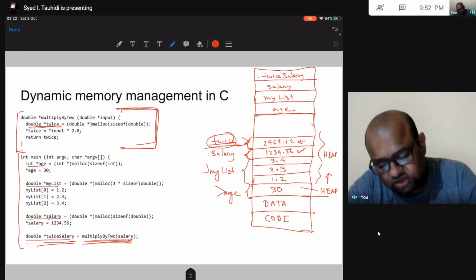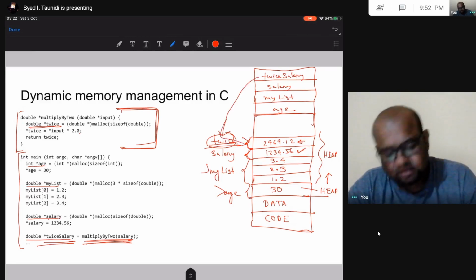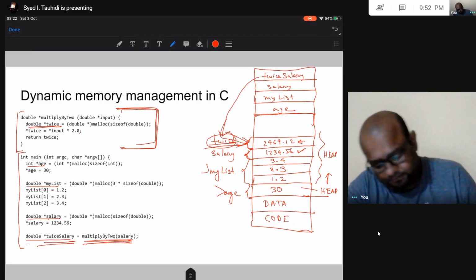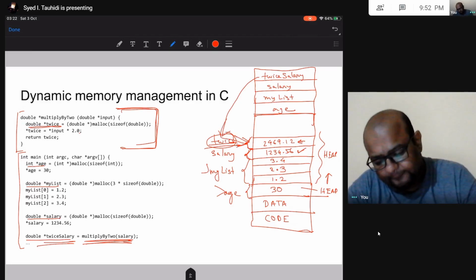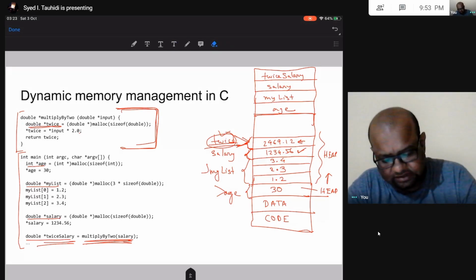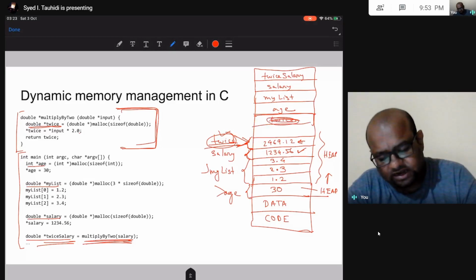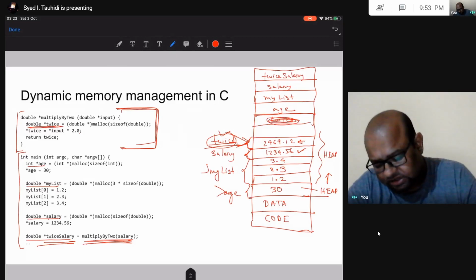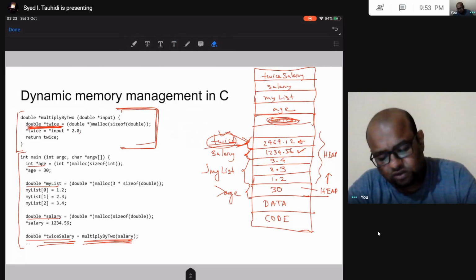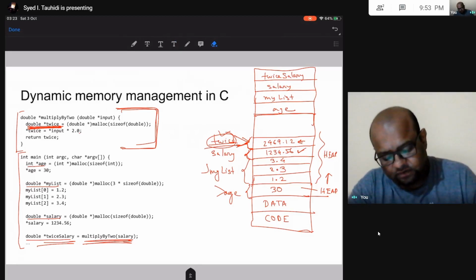So twice salary is now going to point to this address, the address of this block. This space data was allocated in here, this local variable. Once this function is done executing multiply by 2, this will be deallocated, and this is what my stack will look like after returning from this function.